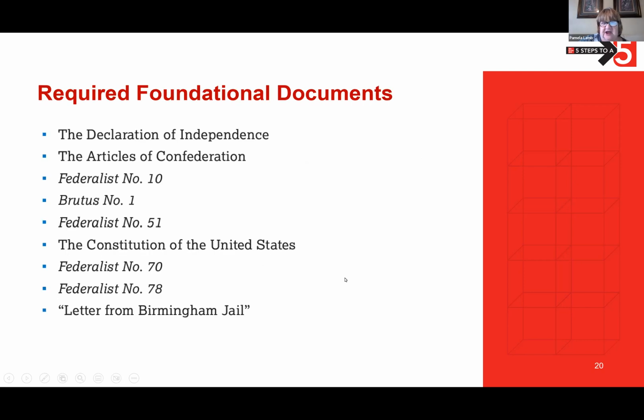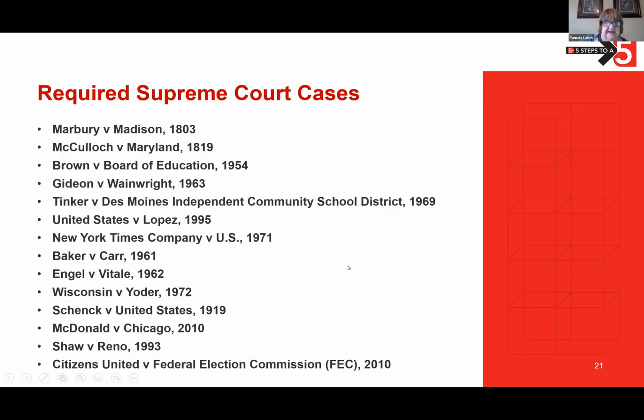Okay, the foundational documents, here's just a list of those that you probably have covered in your class. But what do you know about the Declaration of Independence? What do you know about Brutus I? Do you know the author's main idea, main points? Not that you have to read every document in its entirety, but know the gist of what the author was trying to say and how that affects the structure of our government, how that affects the operation of our government today. And the required cases,